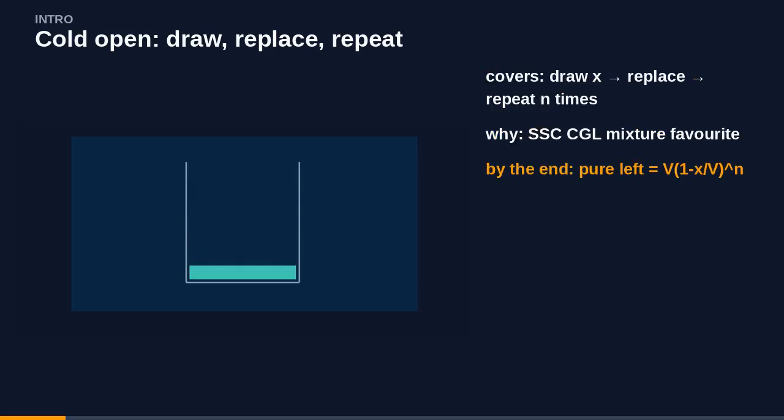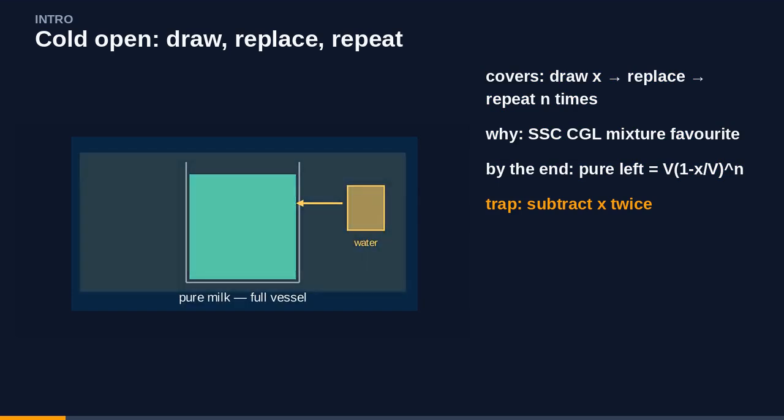A vessel starts full of pure milk. You draw some out, replace it with water, and do that again. How much pure milk is left? That is repeated replacement, same vessel volume, same draw each time, and the pure amount shrinks by a fixed fraction